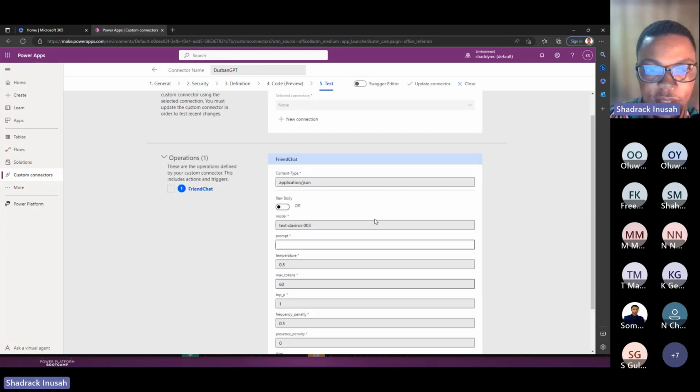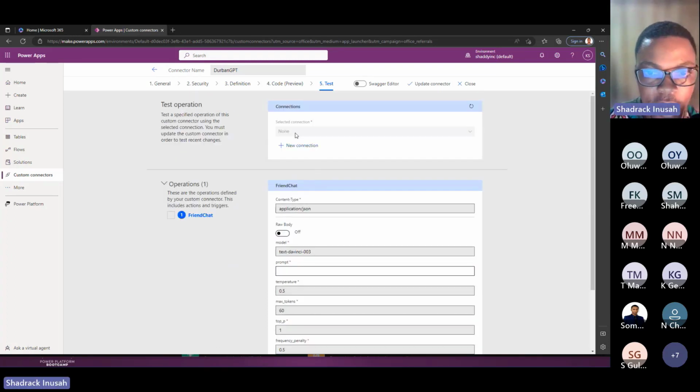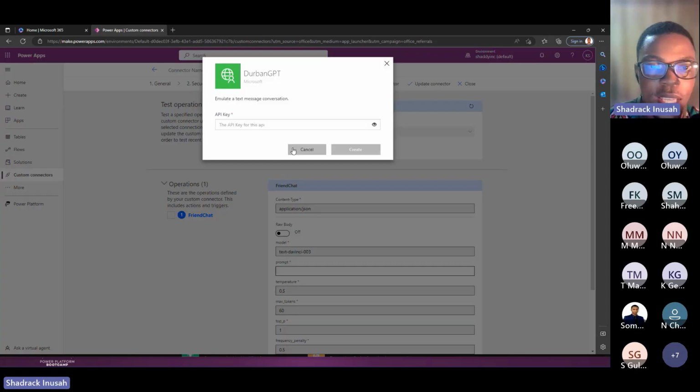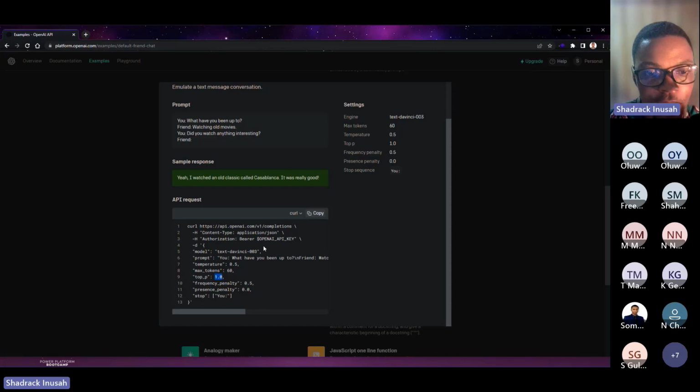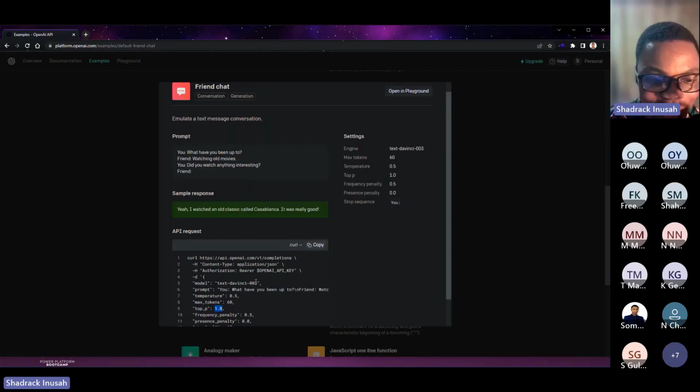You can see everything is off here, right? Everything is grayed out. So we don't have a connection. So we need to add a connection. This is where the API comes in. This is where we have to enter our API. Don't worry, you can see my API because I will delete it when I'm done.